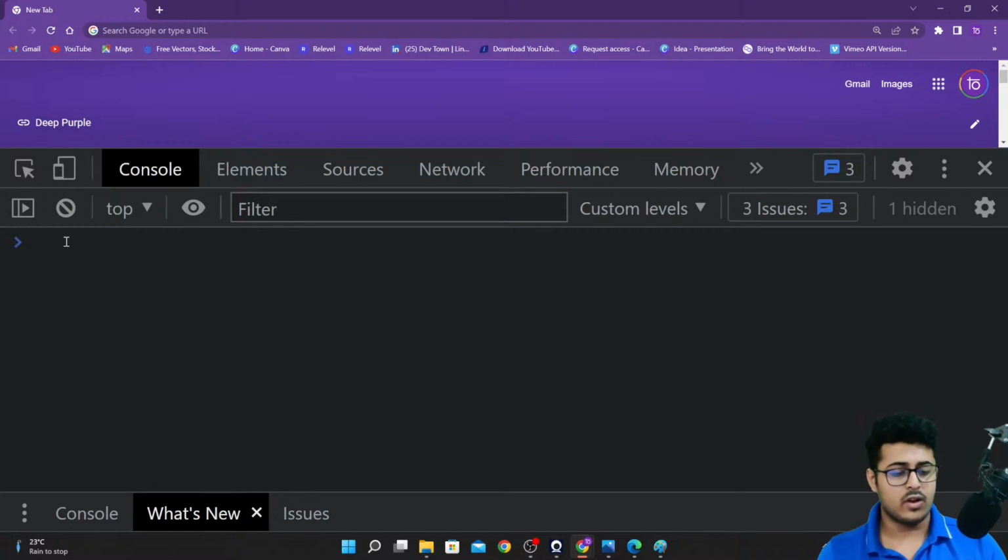Okay, great. So what we are going to do right now is, before starting any new programming language that you're learning at any point of time, for example, in India as well, whenever you start a new thing, it is considered to be very auspicious to have some curd and sugar before doing that. The same thing goes for any programming language that you're starting to learn as well. Whenever you're starting any new programming language, the first thing that programmers do is to print hello world in that language itself. So that is what we are going to do right now.